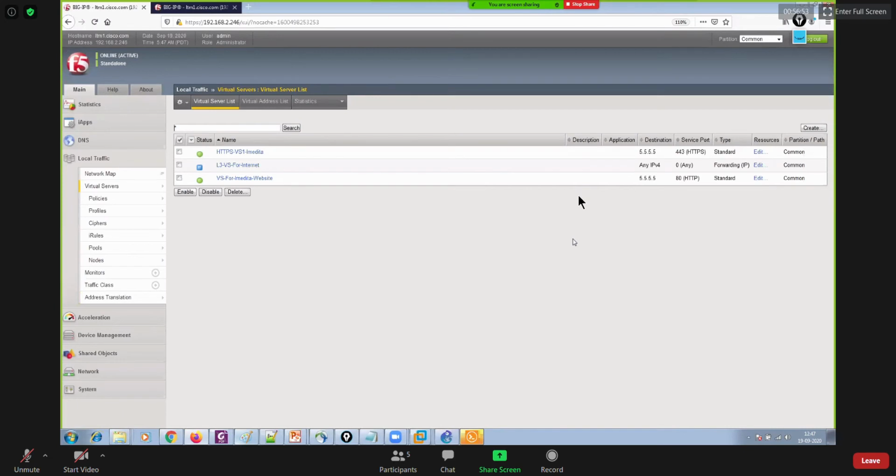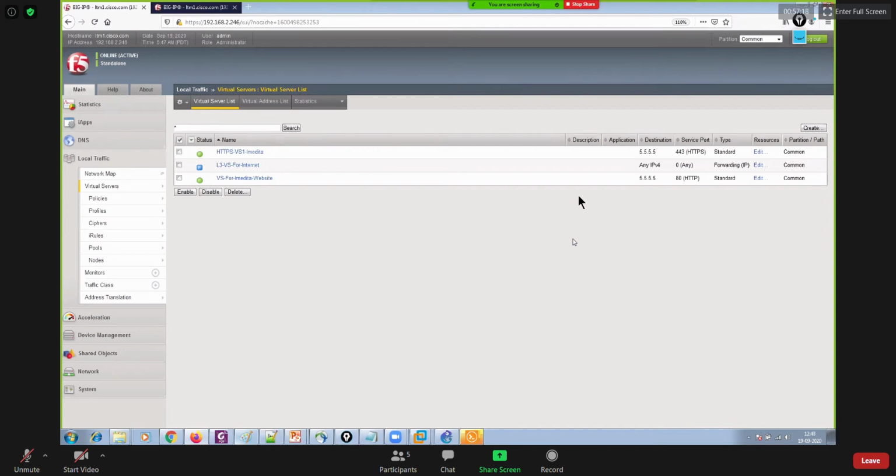Yeah, it is saved. And in fact, you can look at the status of this virtual server that you have just created. The status is blue. It's a blue square, right? Makes sense, sir? And it's unknown. And you know why? Because there is no pool attached to it.